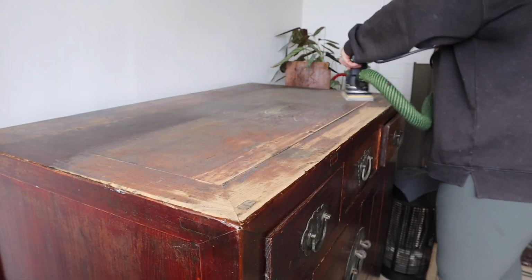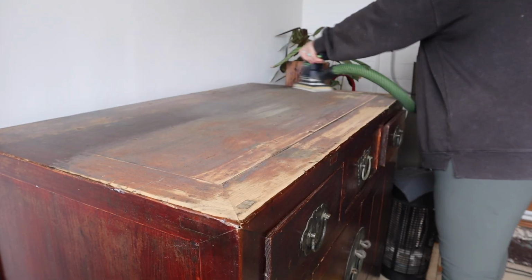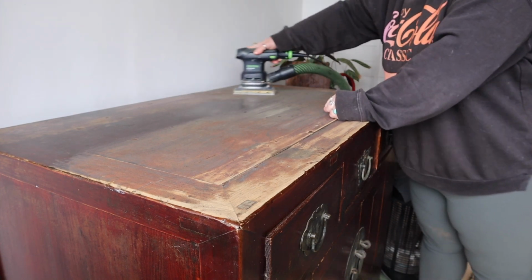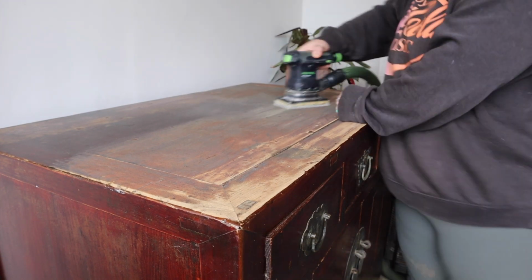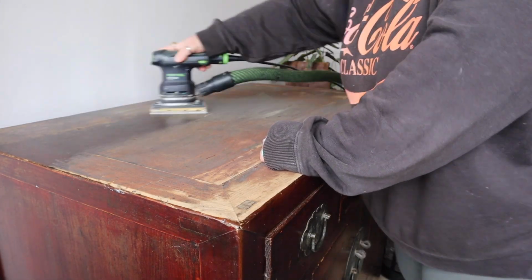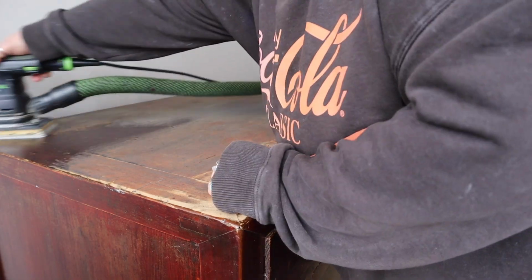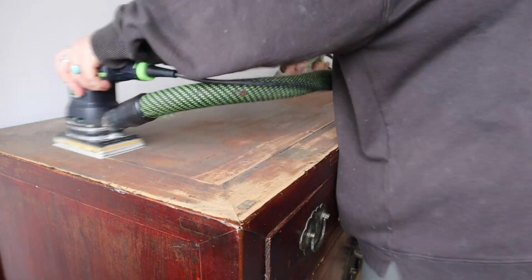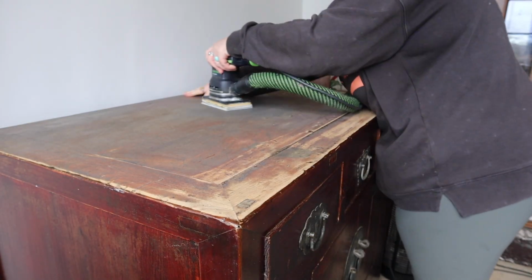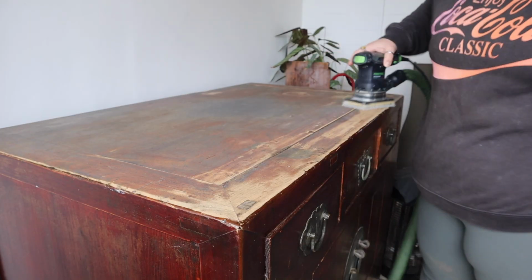I had to give the top quite a thorough sanding because it had some damage on the top. Now this piece is very rustic, as you can tell. The style of it is rustic. The kind of wood that it's been made out of is very rustic, and it's been assembled in that kind of way. These pieces are supposed to look a little bit aged and rustic. This is obviously a reproduction piece. It's not a genuine antique Chinese Ming cabinet, but I am sanding out those imperfections on the top,